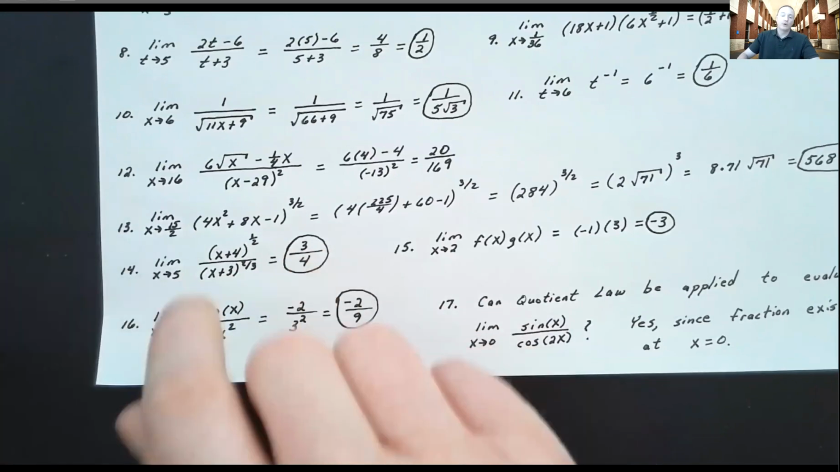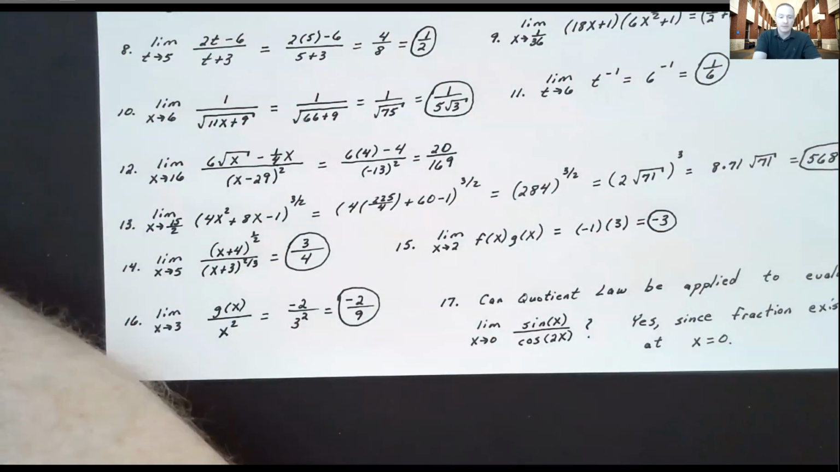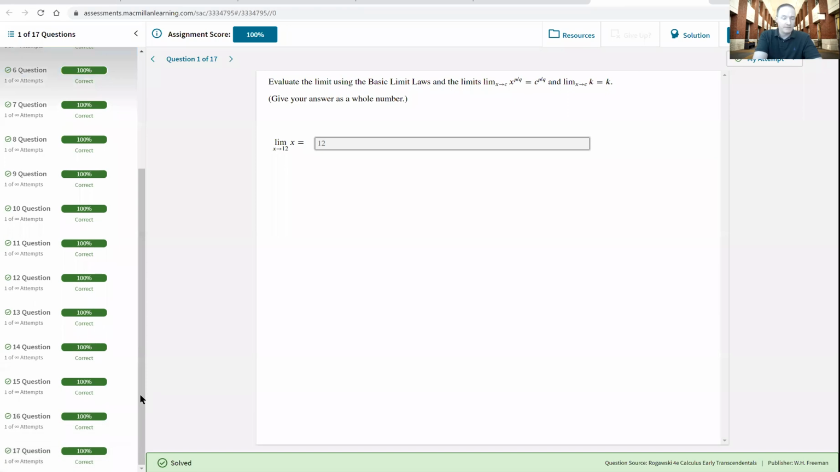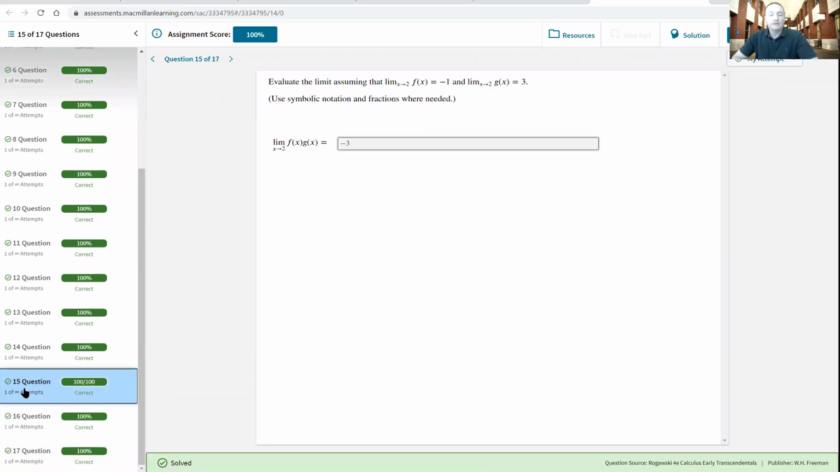Now, for the last few questions here, let me go ahead and show this. This is number 15. They tell us to assume that the limit as x approaches 2 of f of x is -1, and that the limit as x approaches 2 of g of x is 3. And then it says, well, determine what the limit as x approaches 2 is of f of x times g